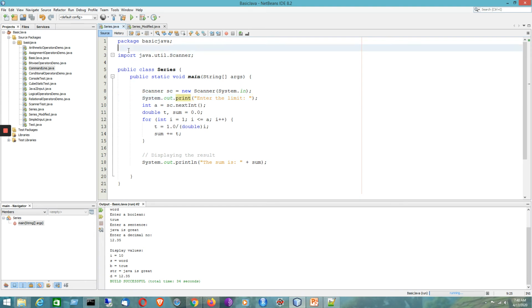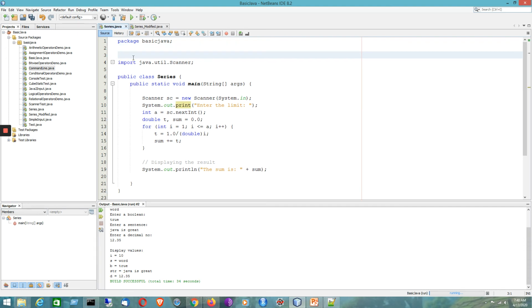It is having a series, say s equal to the summation of the series, 1 plus 1 by 2 plus 1 by 3 plus 1 by 4 plus 1 by 5 plus dot dot up to 1 by n. So this is the objective of the program.